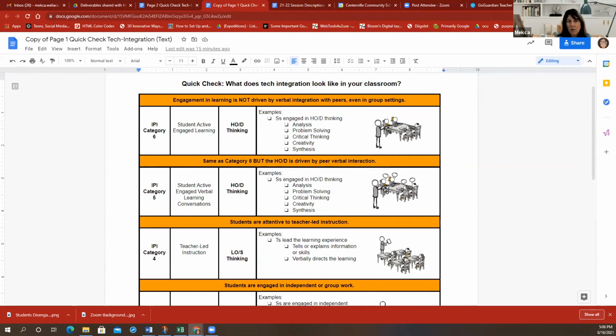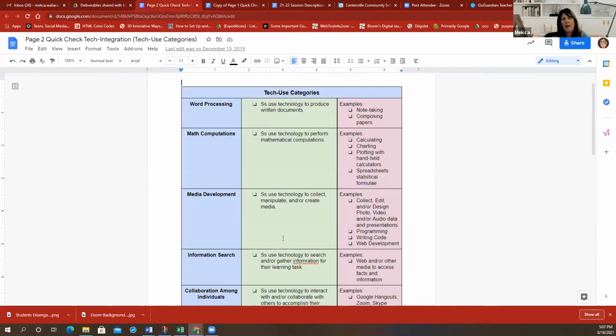But to be honest with you, in research that I have done over the past 5 years, it's sometimes the trickiest also. And so what I did then is I created kind of another quick check, and my hope is that everyone can see the tech use categories now, kind of a blue and a green and a pink. And so when we go into classrooms, even if we're at a 5 or a 6 or a 4,